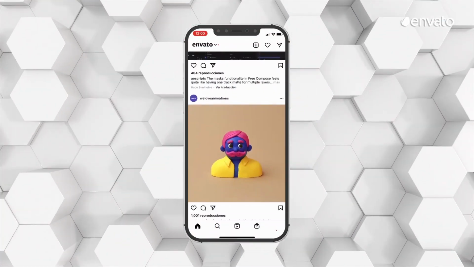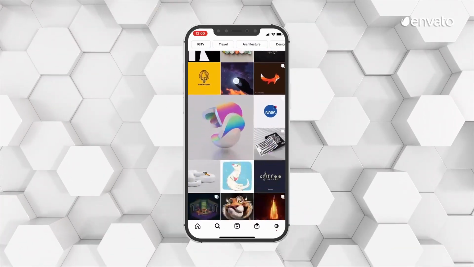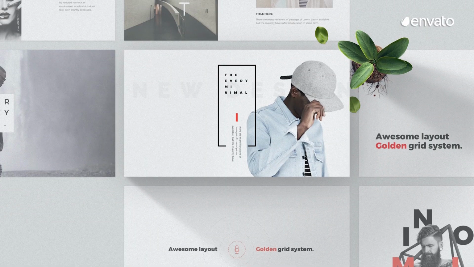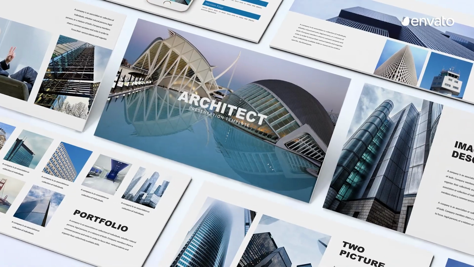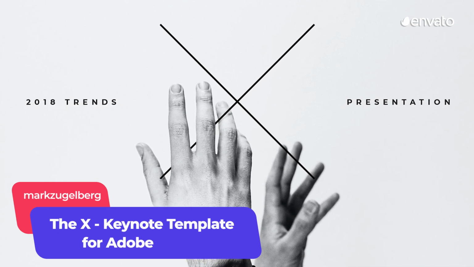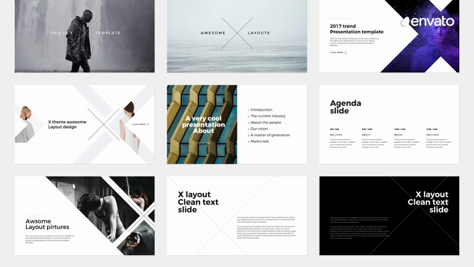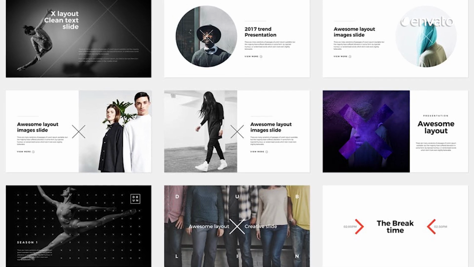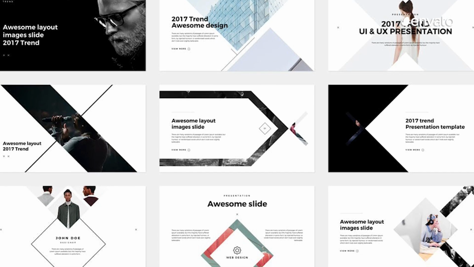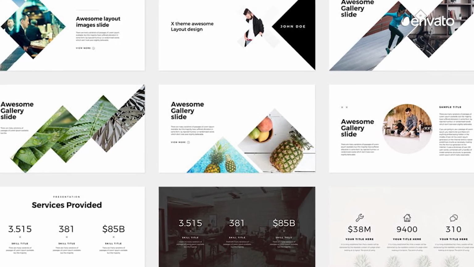And while we're on the subject of social media, it's clear to see that our obsession with scrolling through feeds has inspired many designers and marketers to prioritise visuals. As a result, words no longer have to be the dominant element of presentations and proposals. We see that playing out here in this keynote template from Envato creator Mark Zuckerberg, which gives every design element plenty of room to breathe. Featuring more than 115 slides, there's plenty of white space to introduce some eye-catching imagery, while editable icons, device mockups, and animated transitions add to the visual appeal.